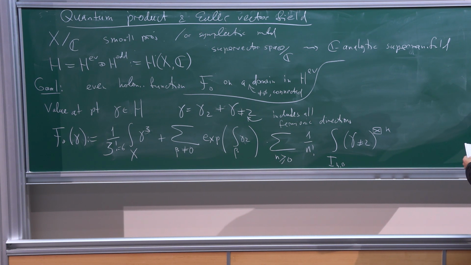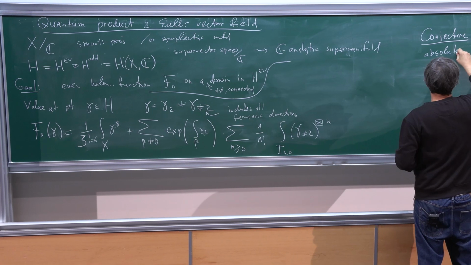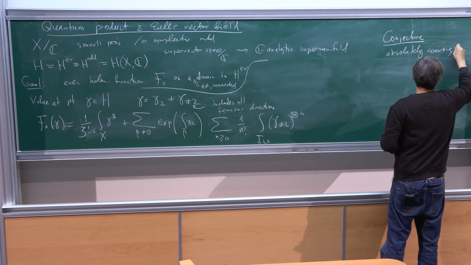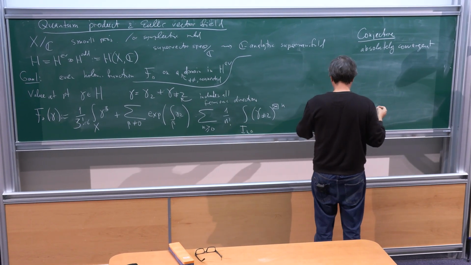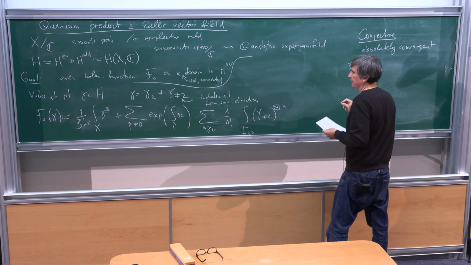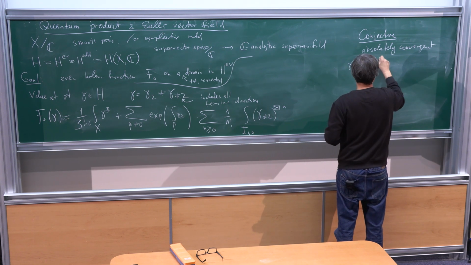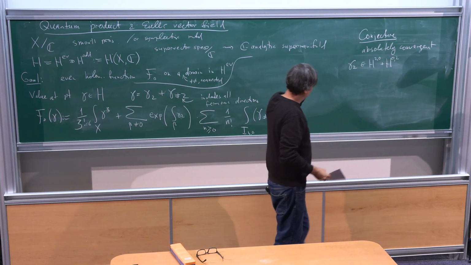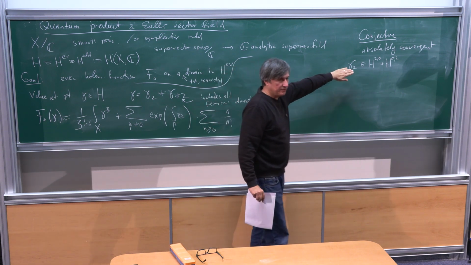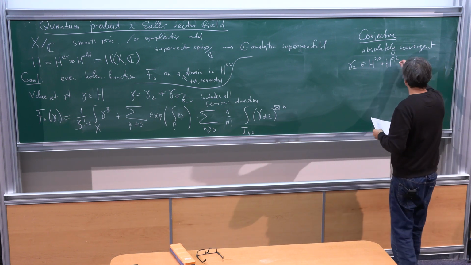So the conjecture, which is still open, is that this series is absolutely convergent in some non-empty constructible domain, when, for example, gamma 2 belongs to a certain part. I use the Hodge decomposition. You have H20 and H02 plus H11 on a curve, plus